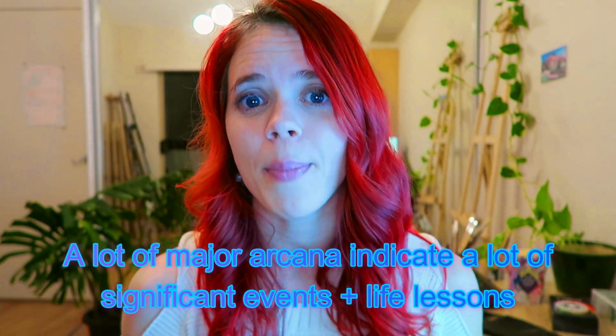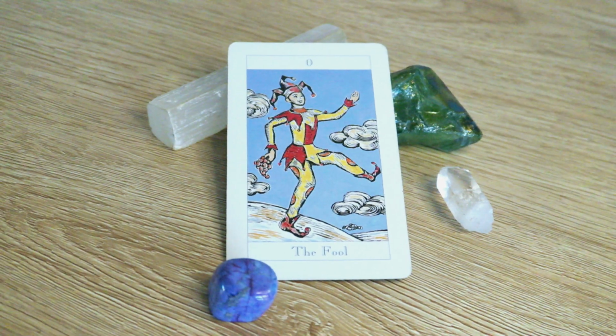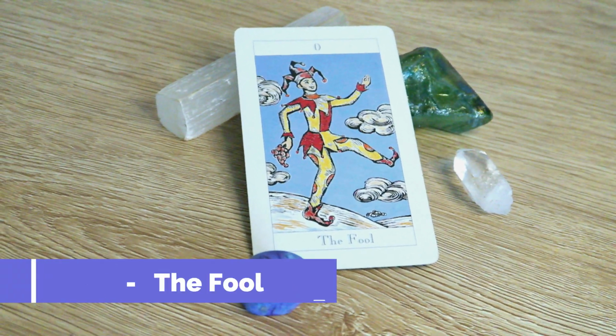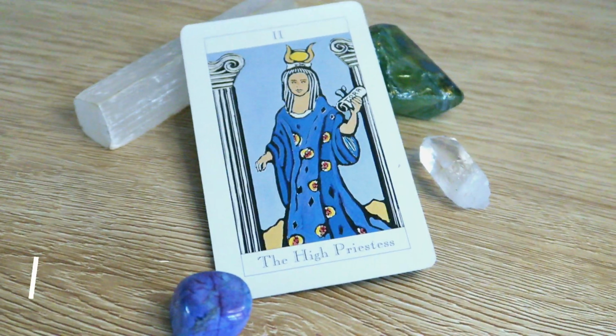If you see a lot of major arcana coming up in a reading, you can interpret that a lot of major events are coming up or happening in the life of the person being read for. The specific cards of the major arcana in order include the following: 0, the Fool; 1, the Magician; 2, the